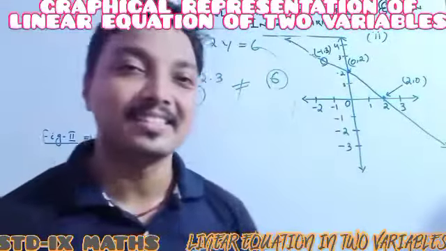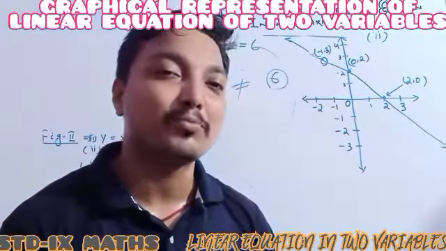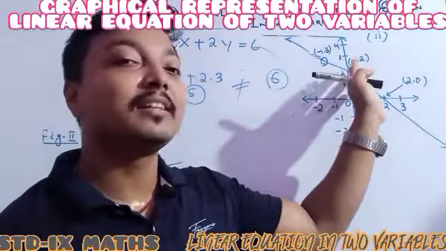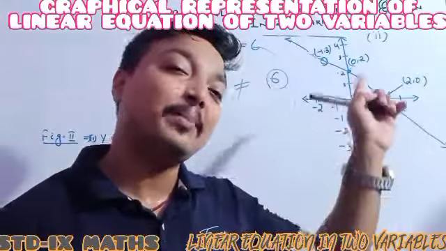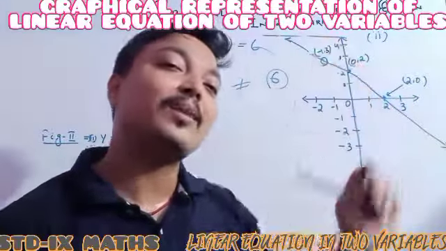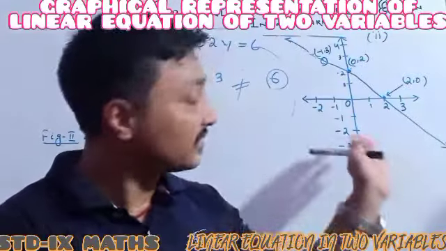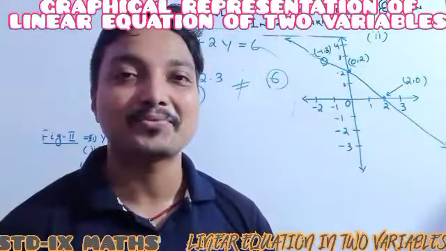Understood the logic? How to check this one? It is the graphical representation of whom? Any point on that line we have to choose, and you have to check that for each of the linear equations. If that point satisfies any of the linear equations, it means that linear equation is our answer whose graphical representation is this one.